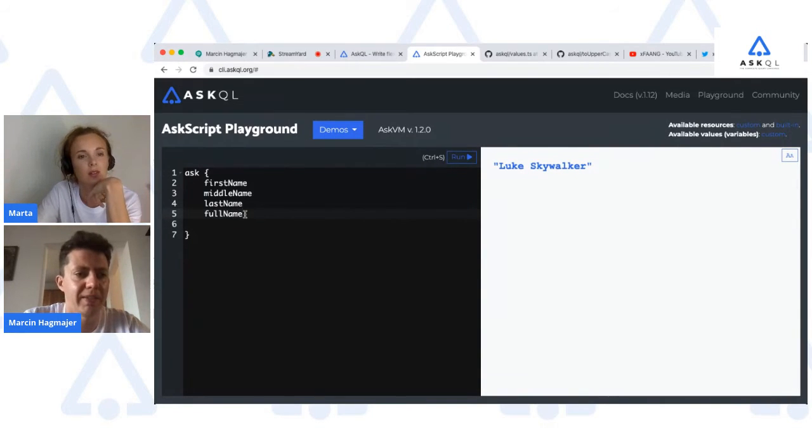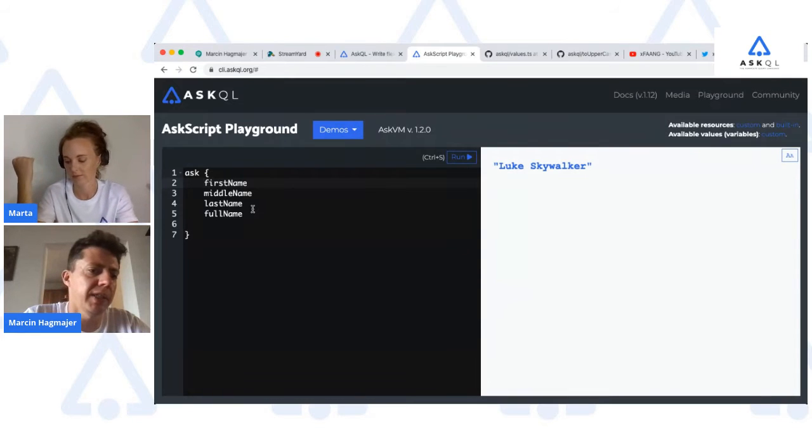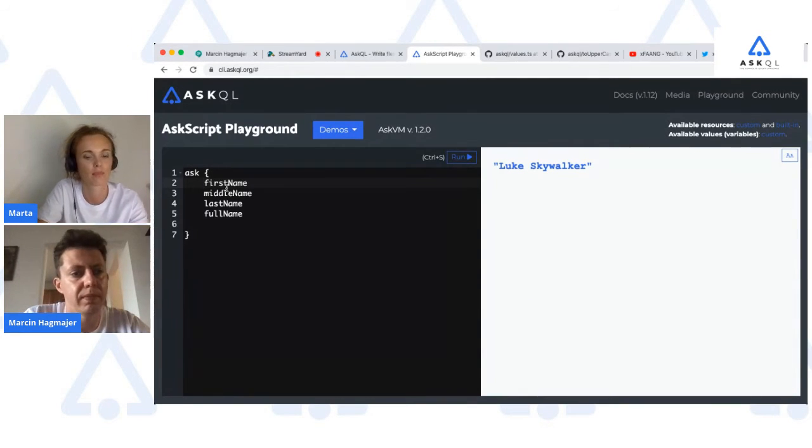Yes, exactly. It was exactly like that with our previous programs. If you remember, always only the last thing was returned. So if you were to put the first name at the end of the list, then you would get the first name.